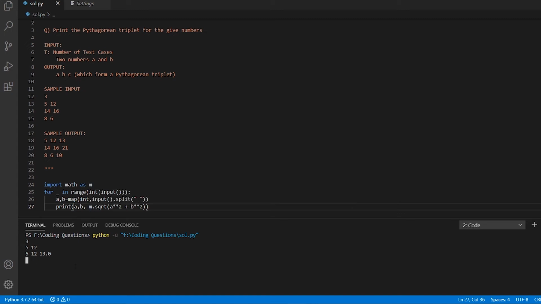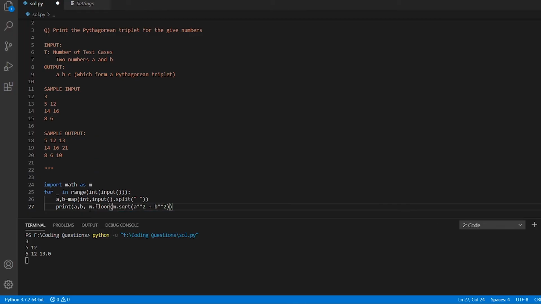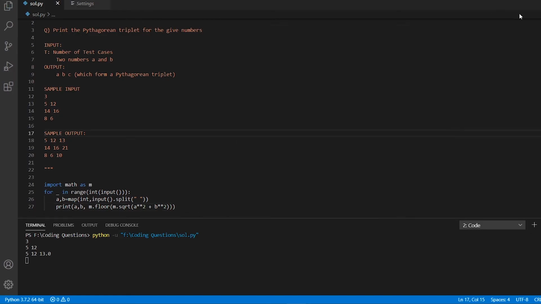So in this case what we want to do is use the floor function, and since the floor function is also provided inside of the math library, we can directly write m dot floor, and inside of our floor function we can directly pass all of this, which will print the square root and provide the output in the form desired. So this should work fine now, and let's just terminate this program and recompile it and try the outputs.